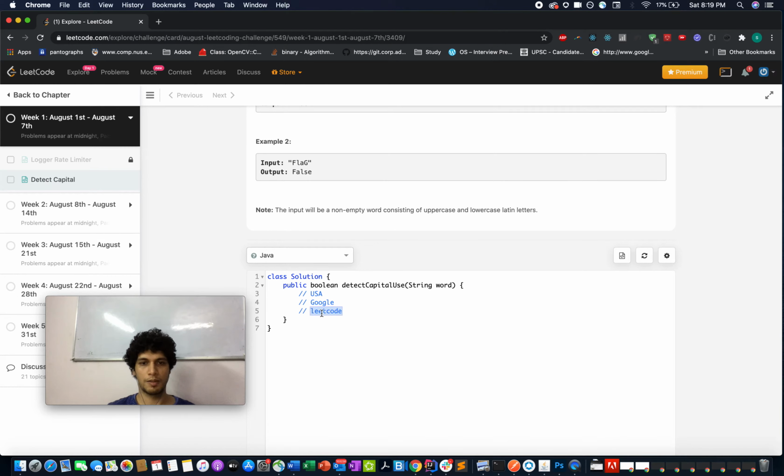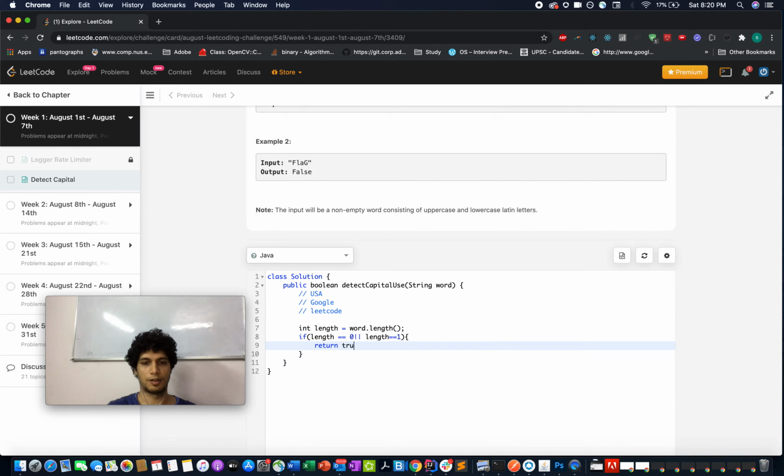The third one is pretty simple. You know that the first is in lower case, so the rest of the string should be in lower case. So let's try and code it out. The first is a corner case length check. Let's calculate the length. If length is equal to 0 or length is equal to 1, then return true, because anything which is of 0 length or 1 length is valid by default.